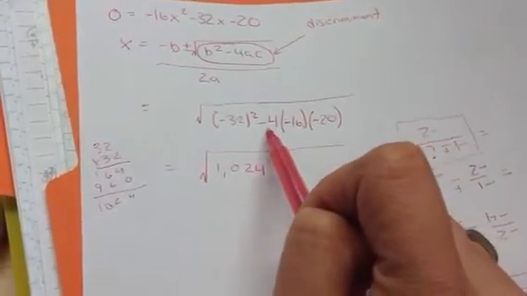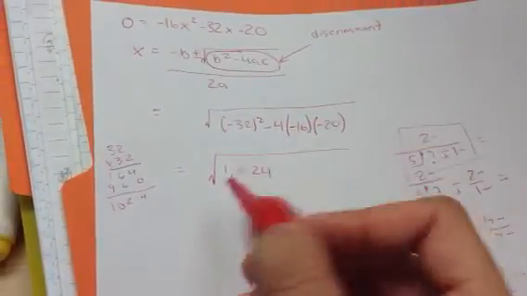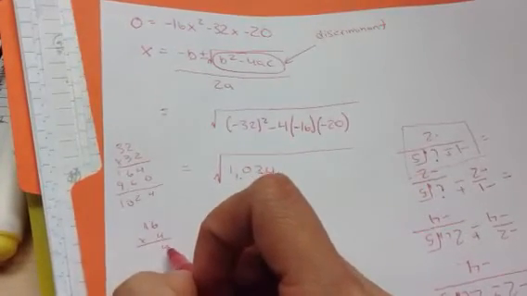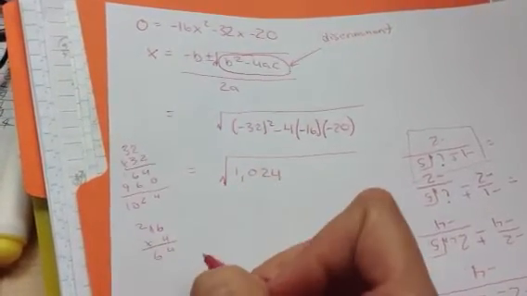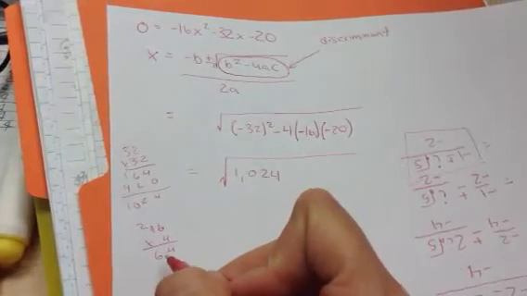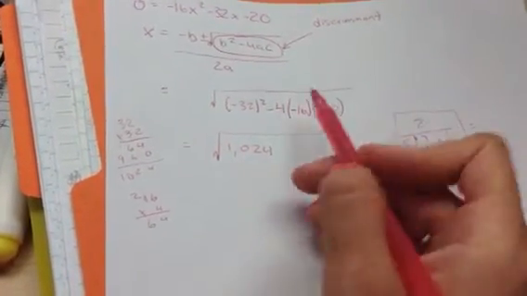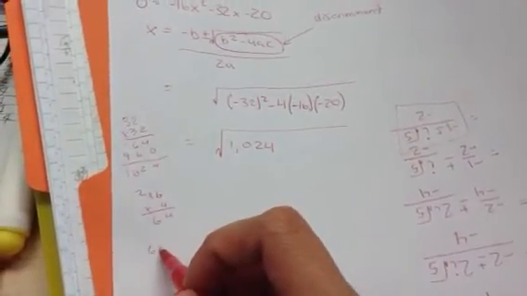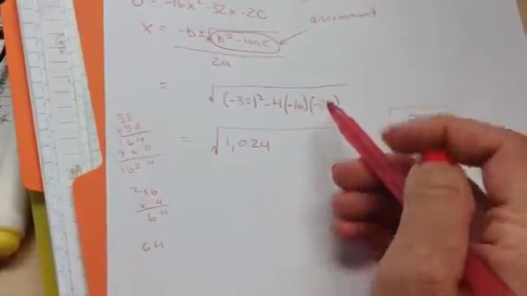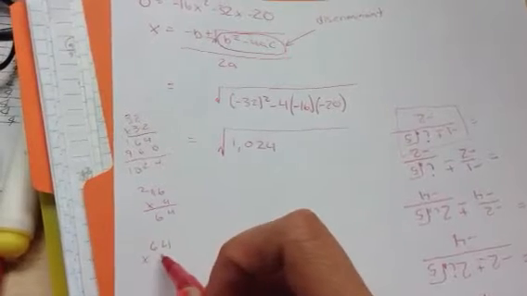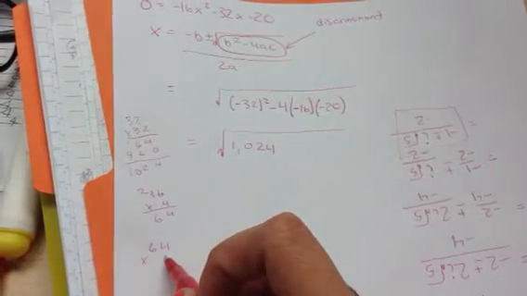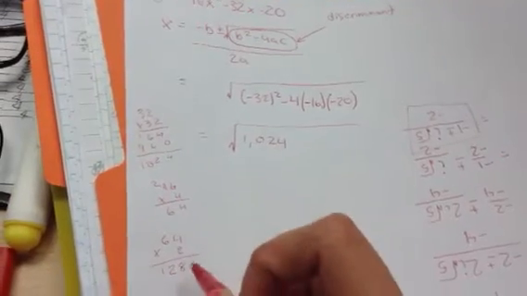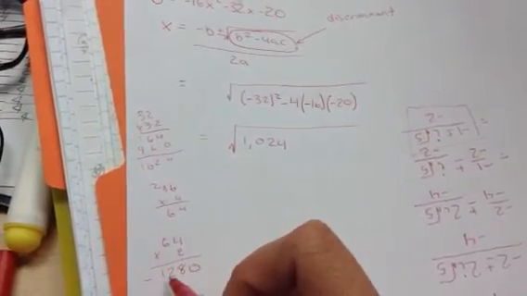Now I have a negative 4 times a negative 16, so that gives me positive 64, because a negative times a negative is positive. And then a positive 64 times a negative 20. I'm just going to multiply by 2 and then add a 0 at the end, if you guys are okay with that. That is going to give me negative